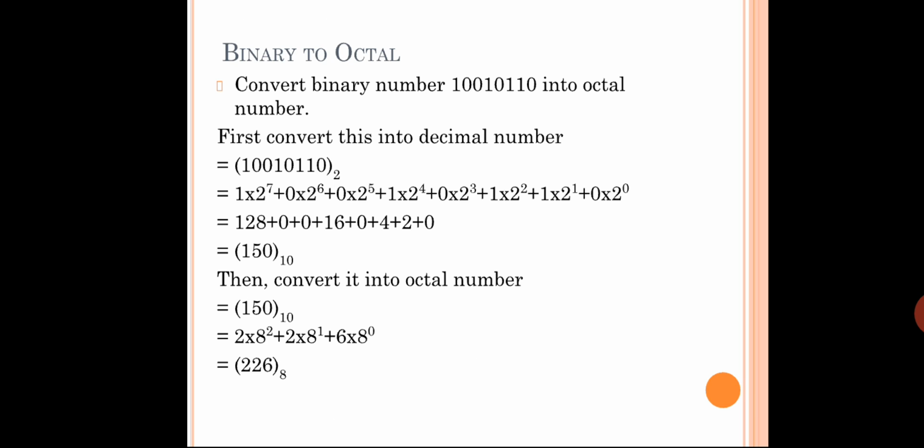Now definitely you may ask, sir, whether we have to follow the same step, or directly we can group that binary bit into 3, 3 and we can get the octal number, isn't it? Have you ever thought of it? Why we have to do all this circus? When I said binary can be converted to octal by making groups of 3 bits, directly we can write the octal number. Then why do we have to convert it to decimal and then from decimal to octal?